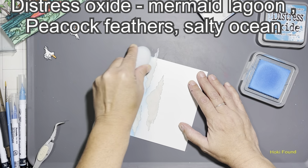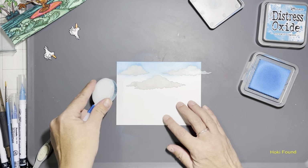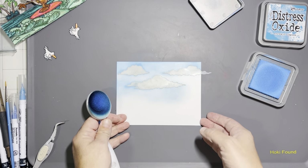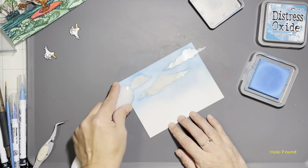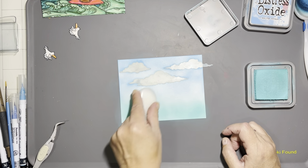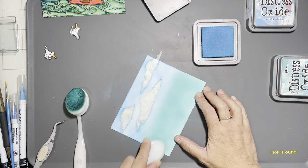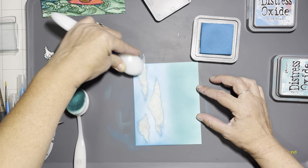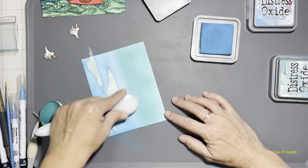Frothy. And I think it turned out really good. You guys will see that in the final pictures. So I started to color the sky with my Zigs, watercolor the sky, and I did not like it at all. I just didn't like it. So I stopped what I was doing. I fussy cut my entire ocean clearance, island and palm trees in the background, separated it from the sky, and decided to ink blend my